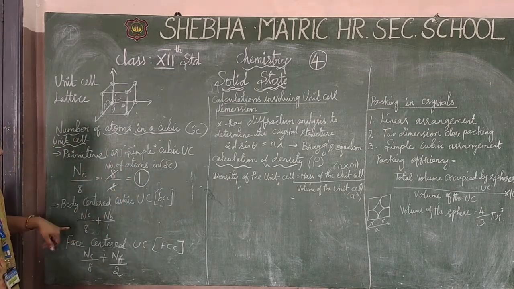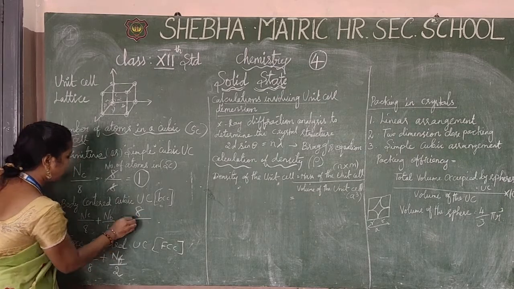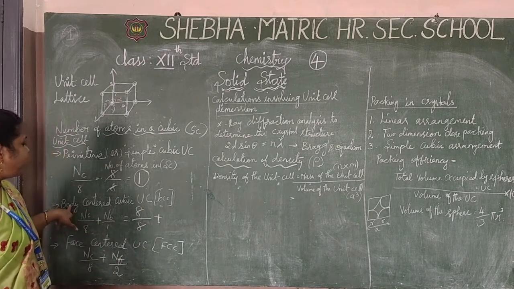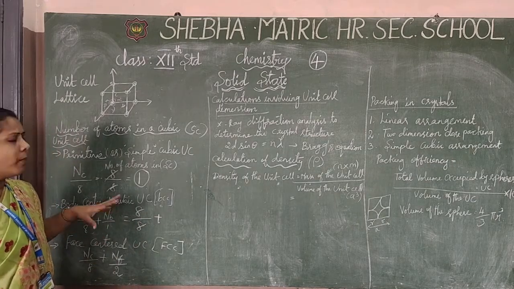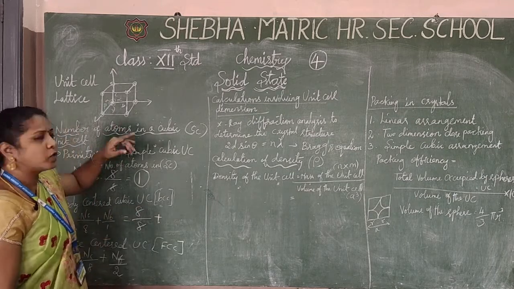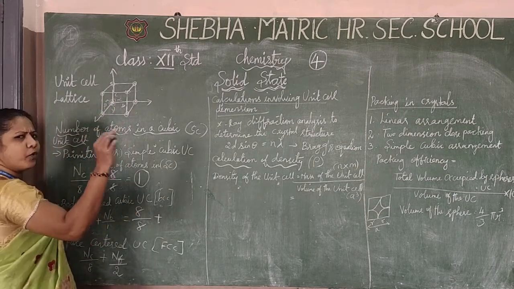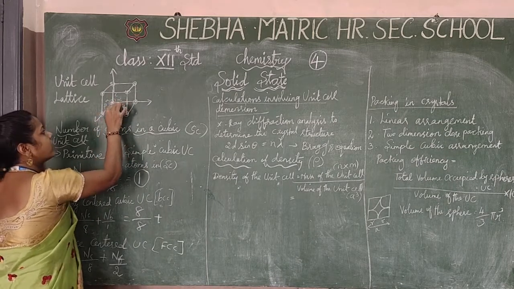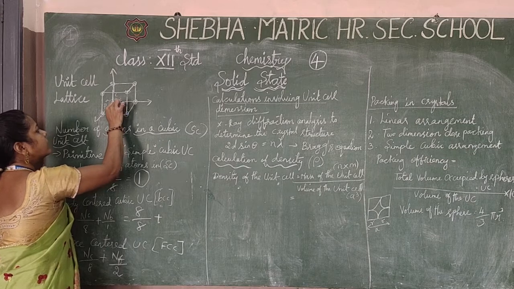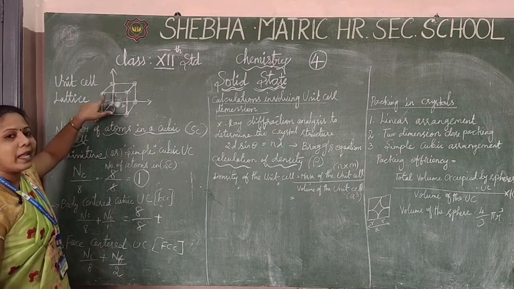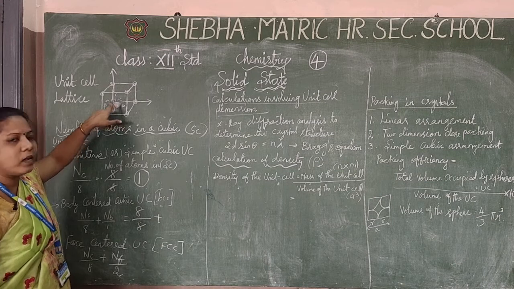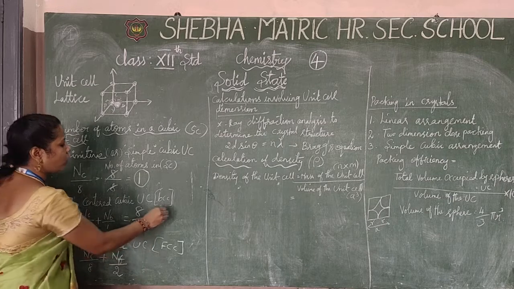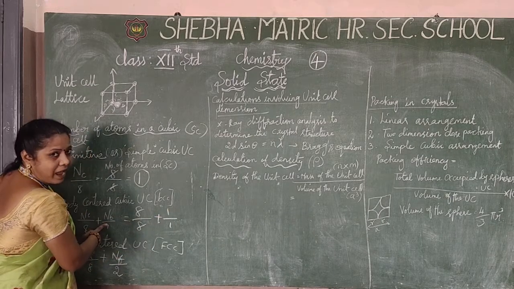You know very well that NC is equal to 8, and in the formula also 8, plus NB. NB is the body center of the cubic unit cell. I am showing this through the diagram. If you consider this the body center, the cubic unit cell has an atom at the center. I am shading the center atom. How many atoms are there at the body center? Only 1. So NB is the body center, 1 by 1.